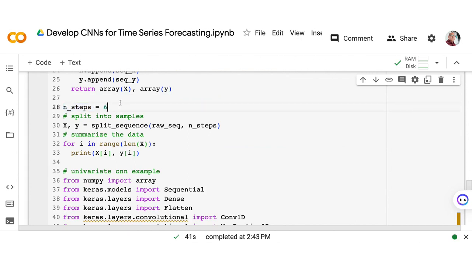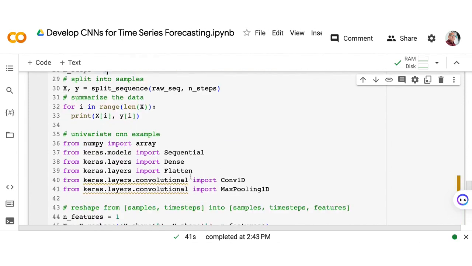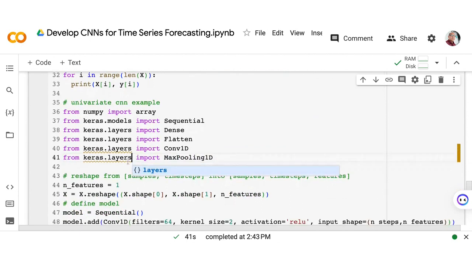So for this example, we make the number of steps as 6. So meaning, for every sample, we will have 6 number of steps. So let's try to delete this. So this one. Okay. Now for the number of features, we only have one since yung sales lang kailangan natin.